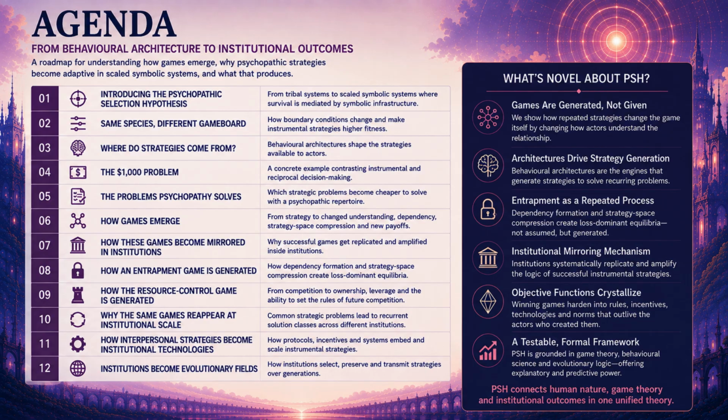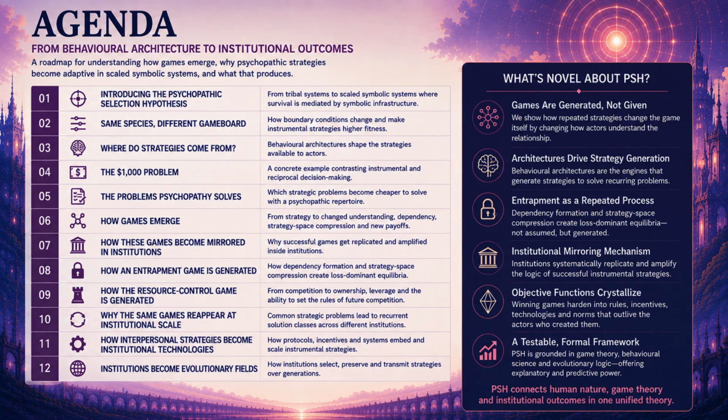And then we'll look at where strategies come from from a game theoretic perspective. I'll use the neuroscience of psychopathy to show how differences in reward sensitivity, emotional inhibition, empathy, and social decision making can produce a different behavioral repertoire. I'll run through an example just to make all of this very clear in terms of what I'm talking about, what I'm calling the $1,000 example, which will make things a little more concrete, and that's item number 4